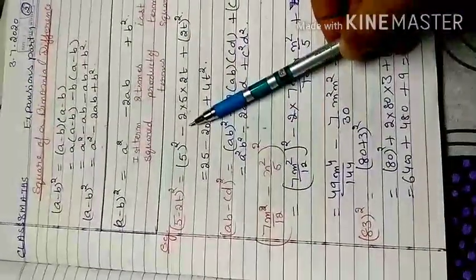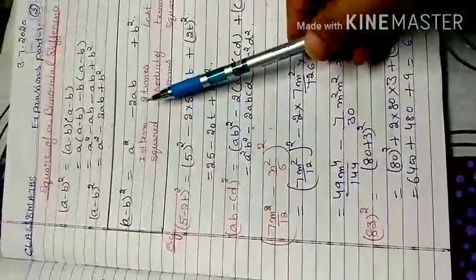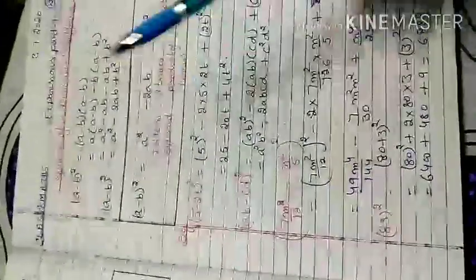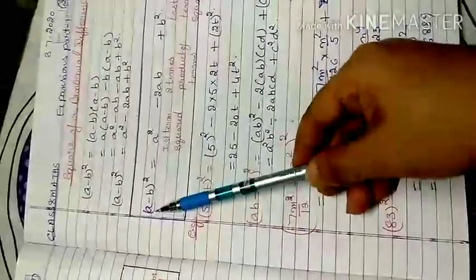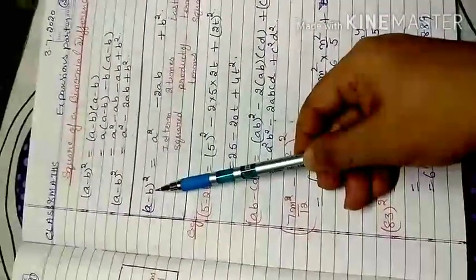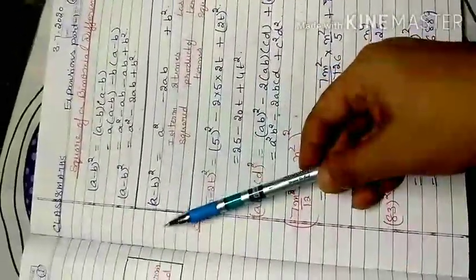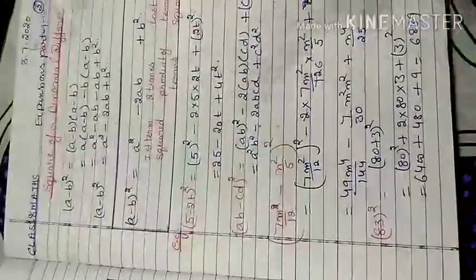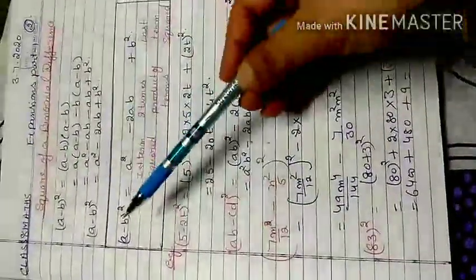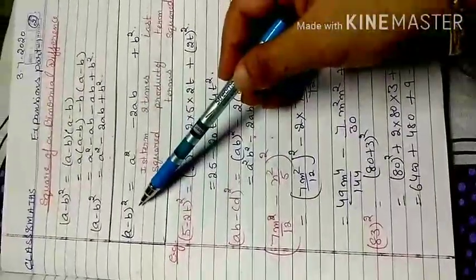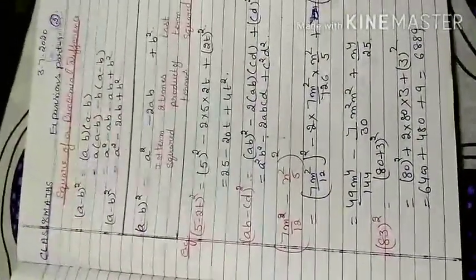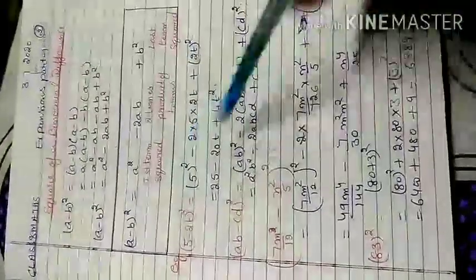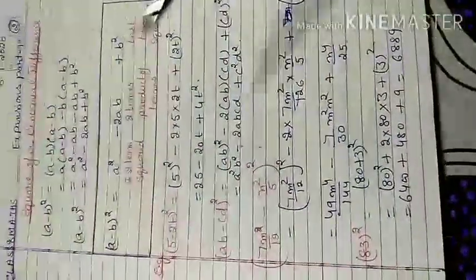Why do I write the negative sign here? Do not believe blindly in the formula. There is a reason why the negative sign comes here, because when you multiply these two terms, a into minus b, one is positive, one is negative, that gives you a negative answer. But in the squaring form, if the last term is minus b, you accompany it with the sign, and negative square is, if you multiply the negative sign 2 times, that becomes positive. So that is the reason that it is minus 2ab.